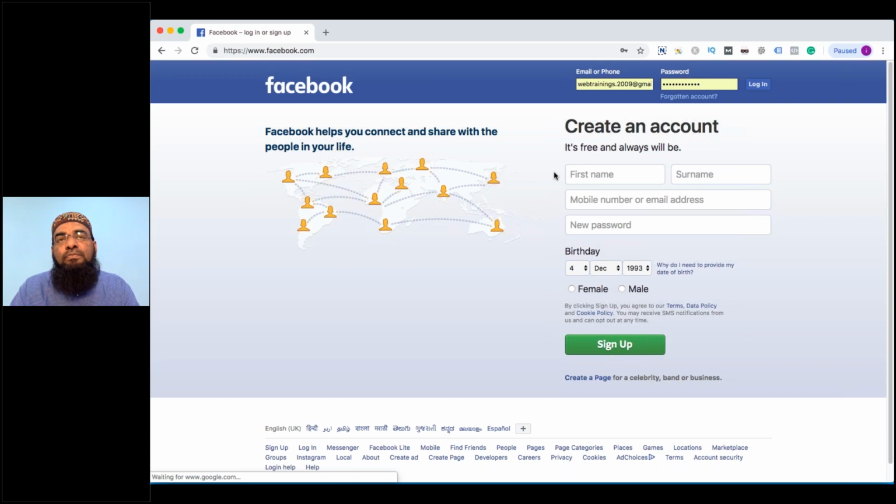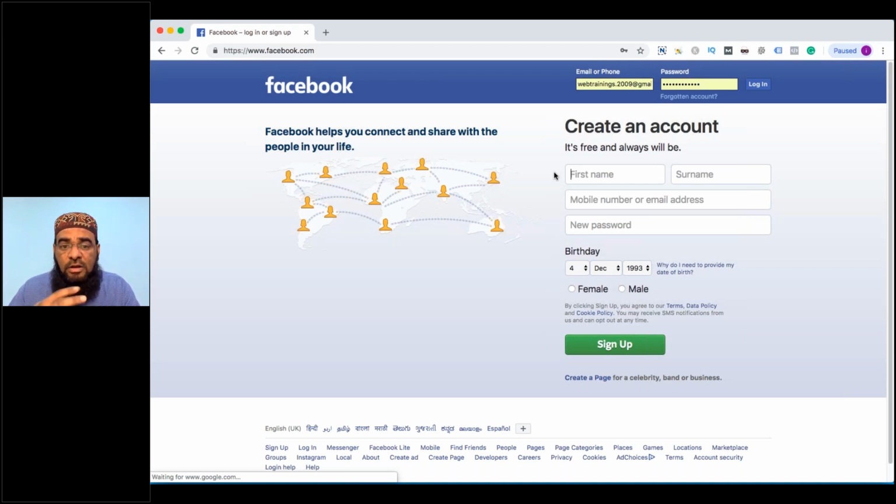Is that a good idea? So I would say no, it's not a good idea. The reason is, imagine after 6 months or 1 year, the client wants to go with some other company, or you just want to skip. It's actually your own account. You're creating a page, and you can give them access, but the problem is you're the real owner of the page. So it's not a good idea.